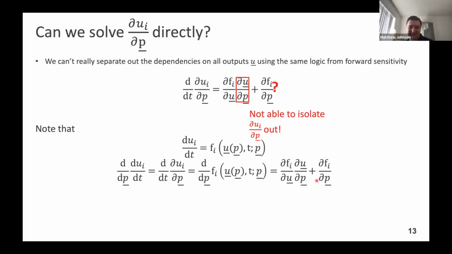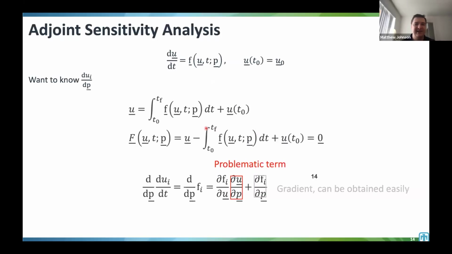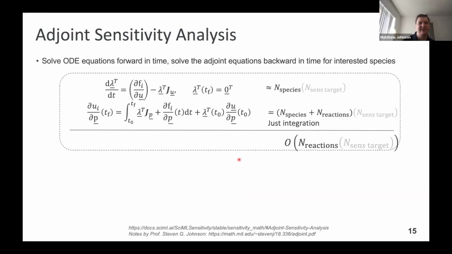The math here is not too important; you don't need to understand a whole lot of it. Nominally, you can't really isolate this out in the original equations. But there's a very clever method that does let us do it. If we take the integral form and construct these equations, I won't go into too much detail on the individual math, but eventually you can develop these adjoint